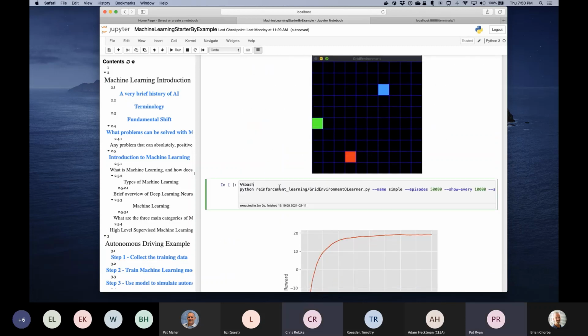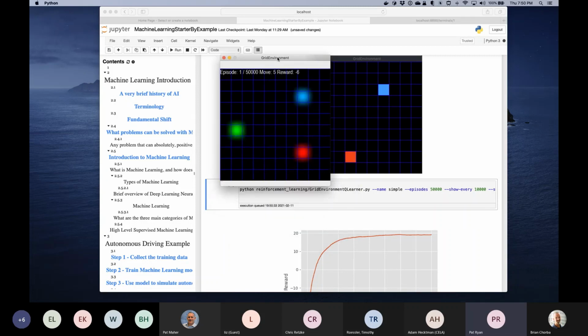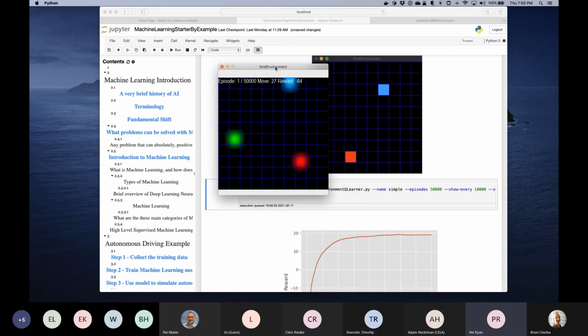So in the interest of time, I'm just going to fire up an example, and I'm going to talk to it. Okay, so I've just basically fired up this game. I'm showing a live example of this working. I've got a grid. That looks like about a 10 by 10 grid. We randomly place a green dot somewhere and a red dot somewhere. And the blue dot is randomly moving around. Every time it moves, we give it a little negative reward because I want to minimize the number of moves that it makes.